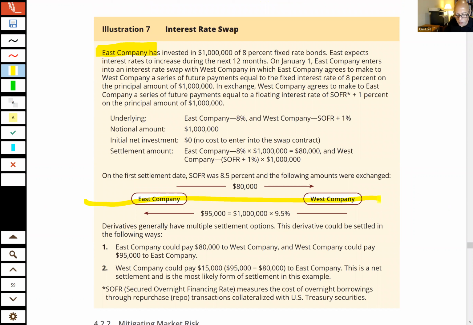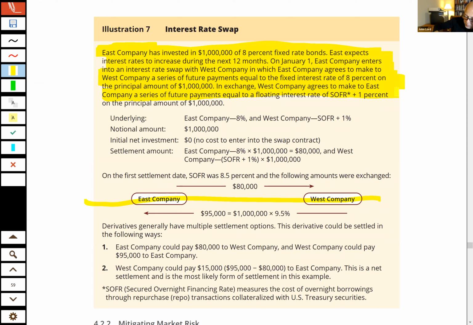But let's just take a look. So East Company has invested in $1 million, 8% fixed bonds. East expects interest rates to increase during the next 12 months. On January 1st, East Company enters into an interest rate swap with West Company, in which East Company agrees to make to West Company a series of future payments equal to a fixed interest rate of 8% on the principal amount of $1 million. In exchange, West Company agrees to make to East Company a series of future payments equal to